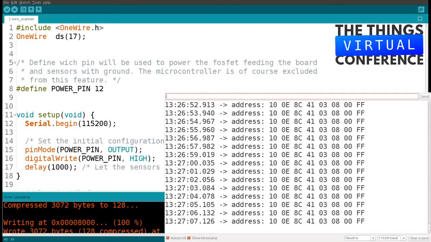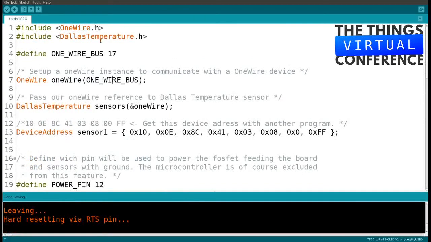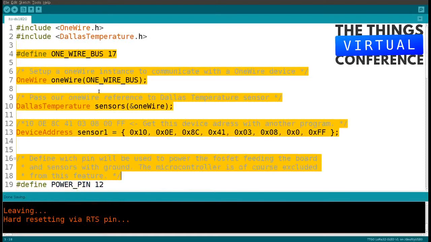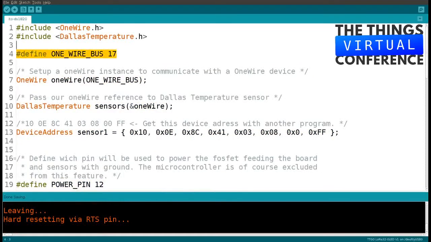Let us change to not the scanner, but the software for this one-wire DS1820. And I have that here. So this is the program. And again, one-wire bus, pin 17. I include two libraries,